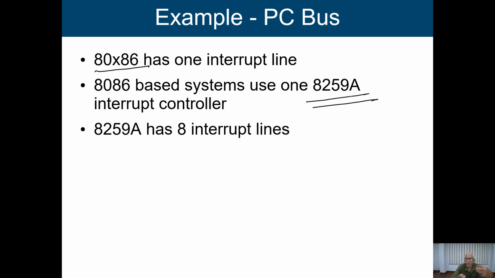Already I said that since we have to handle several devices of several characteristics, to handle it we are not implementing the functionality inside the processor, we give it to a module, we say it is an IO module. So for the 8086 family, what will happen? We are going to use this particular interrupt controller, 8259. So 8259 has 8 interrupt lines.